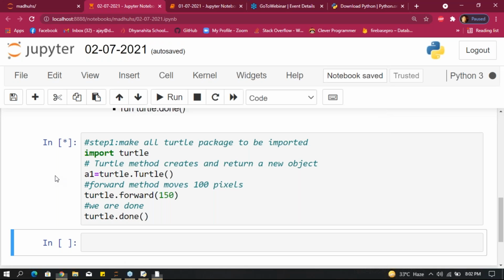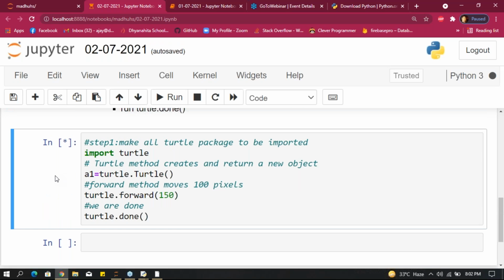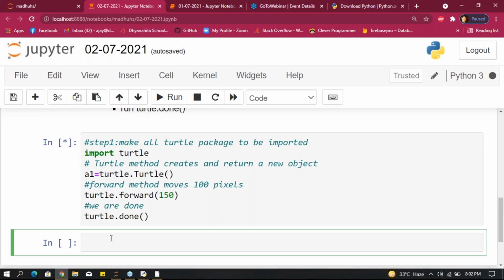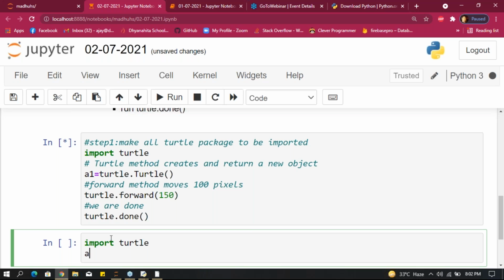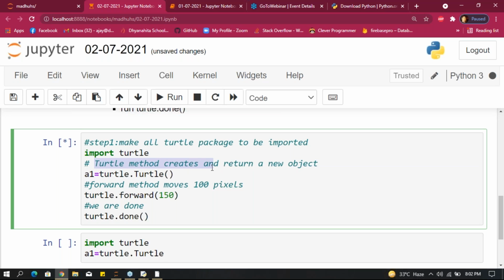For example, in the next example I'm taking the same import turtle, a1 equals turtle dot Turtle. The Turtle method creates and returns a new object.